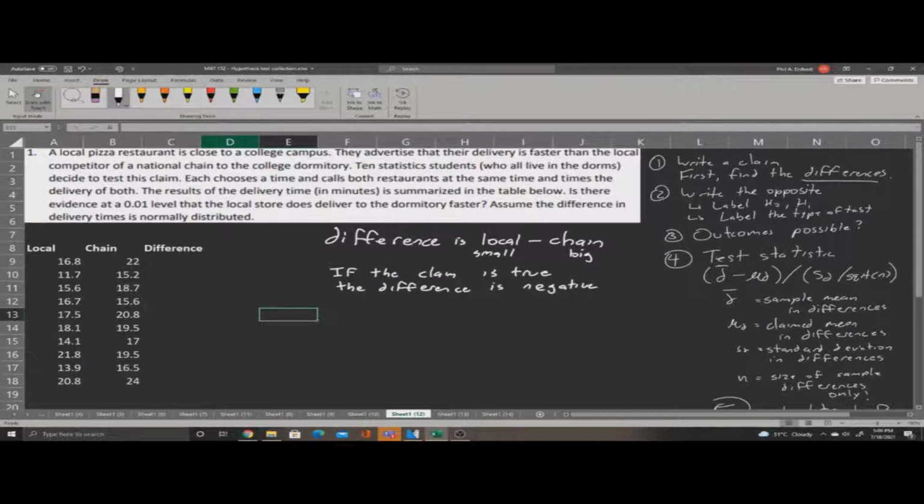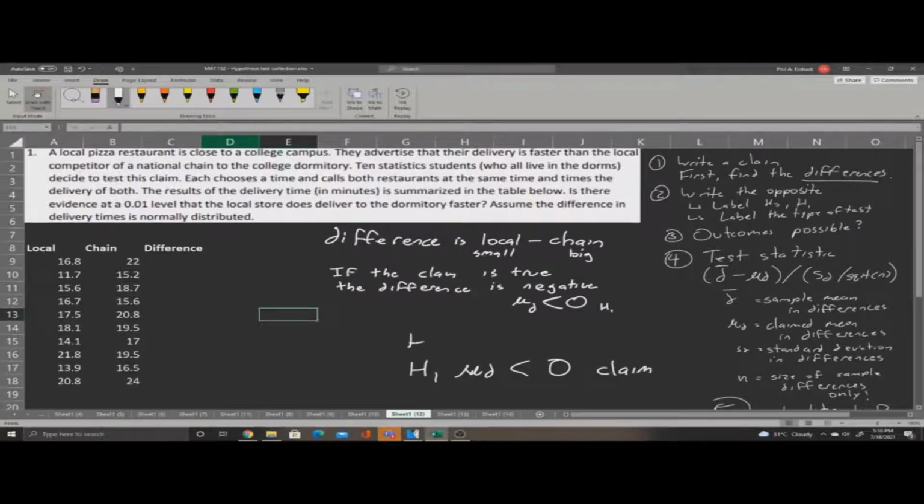And another way to express negative in math is less than 0. So we can say that our claim is that the difference is less than 0. We represent the difference with the symbol mu d. This means mean difference, and say that it's less than 0. However, this will be the alternate hypothesis, so I'll come down a little bit and rewrite it. Now we have our claim,